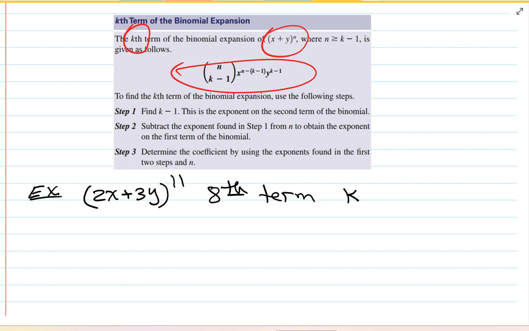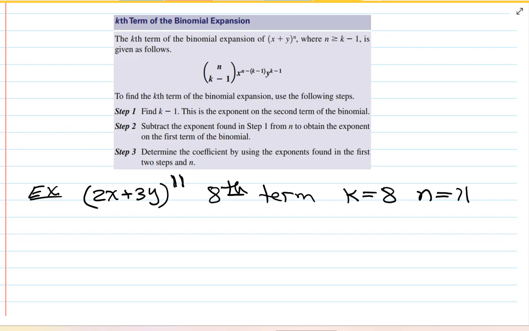So in this work, k is 8, the kth term. The specifics: n is 11. The exponent on the binomial is what n is, because I need it in here. The formula says you do the combination of 11 choose k minus 1, that's 7,